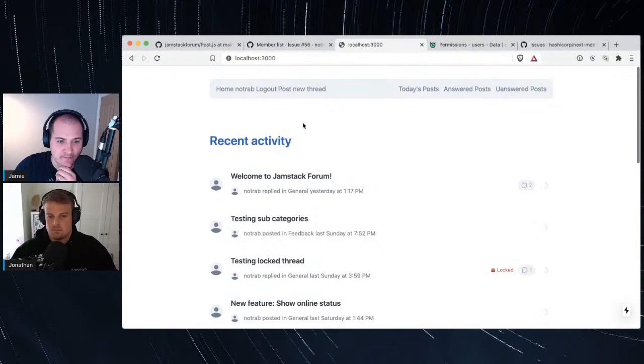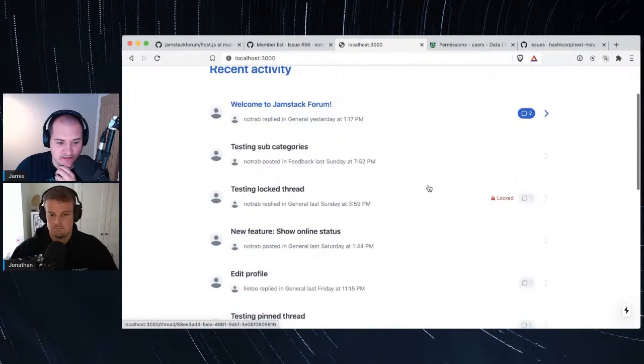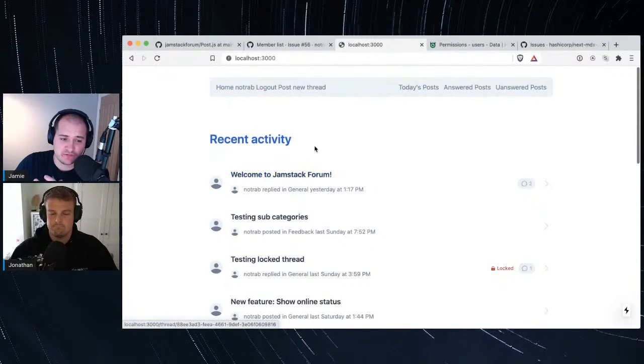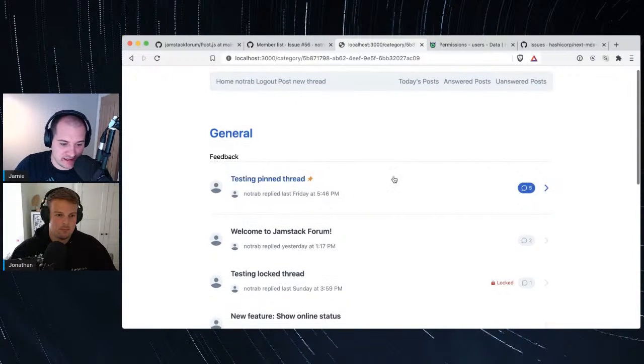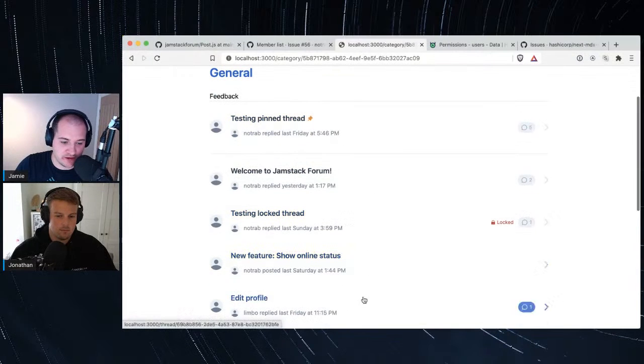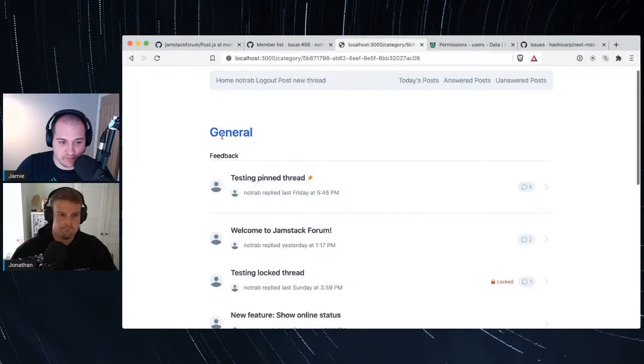So, this is the index view. At the moment, it just shows recent activity. It would be good to have a category view so you can see all of the categories and child categories. So we can go into a category on the forum. Say this is a general category. We've then got these pinned threads at the top, and then other threads below, and then we've got this feedback here, which is actually a sub forum. We haven't got around to designing that, but you can click